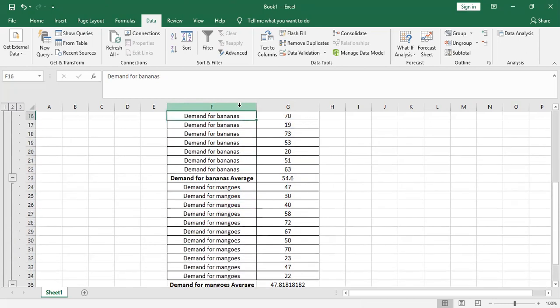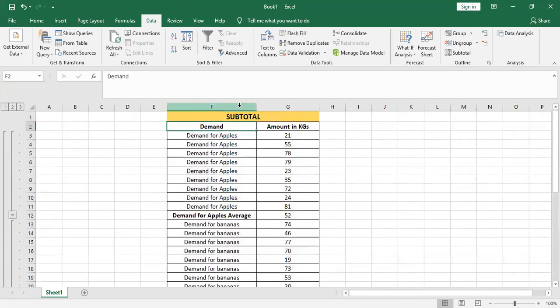So as you can see, I'm taking the example of the demand of fruits, which is a very easy way to understand, but you can use it for complex examples too.